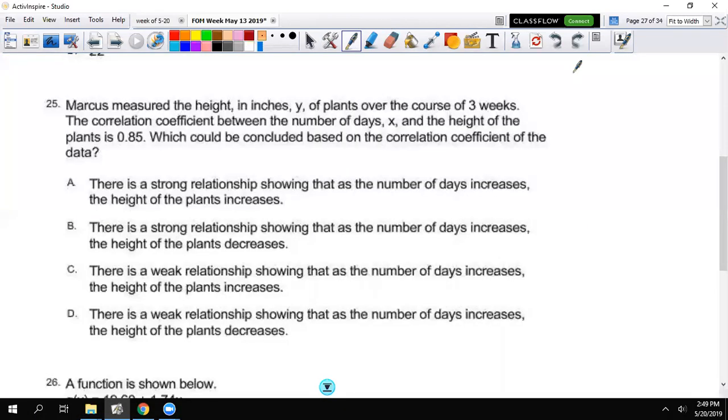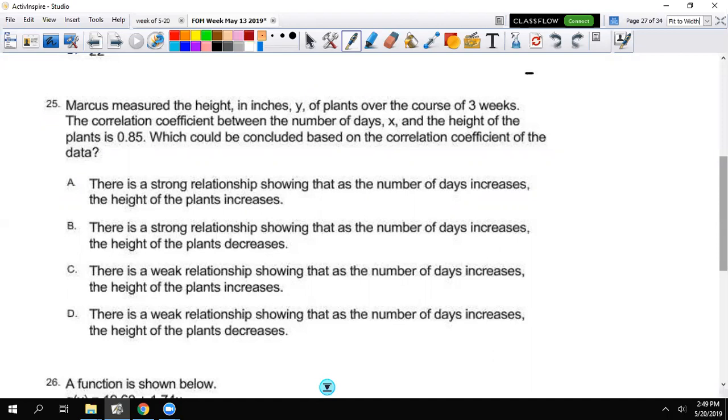Okay, so the next question we're going to tackle is number 25. Marcus measured the height in inches Y of plants over the course of 3 weeks. The correlation coefficient between the number of days X and the height of the plants is 0.85, which could be concluded based on the correlation coefficient of the data. So for this, it's simply a matter of memorizing, and the things that we need to know for success are